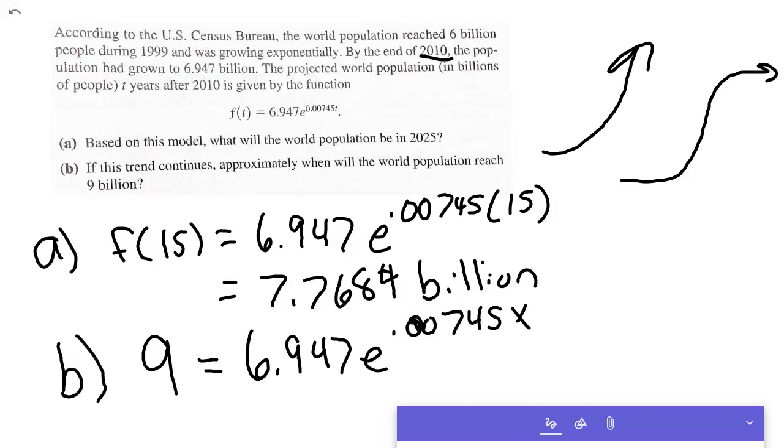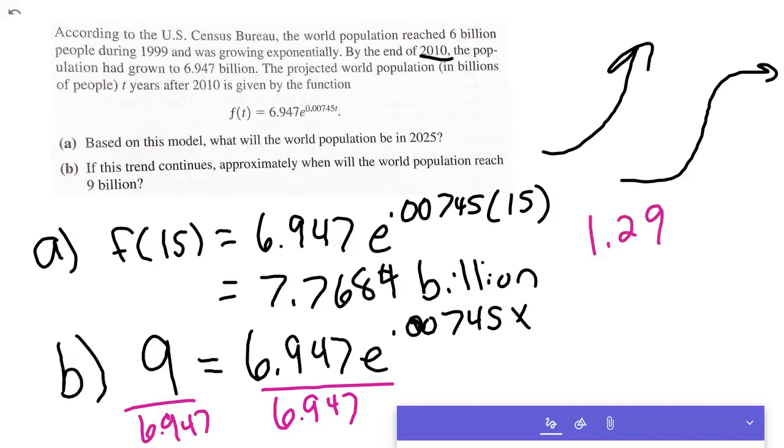And we're going to solve that particular equation. And so if you do that, solve it, you would divide by 6.947. And if you do that, you'd have 1.296 equals e to the